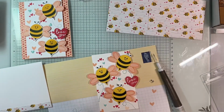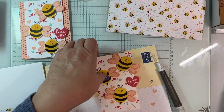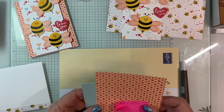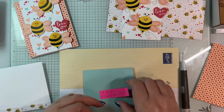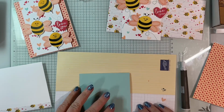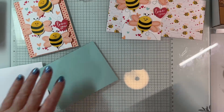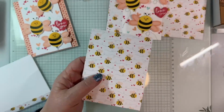Okay. Now, all we have left to do is decorate the envelope, decorate the inside, and put our card together. So here's our card. I would suggest when I'm doing it,